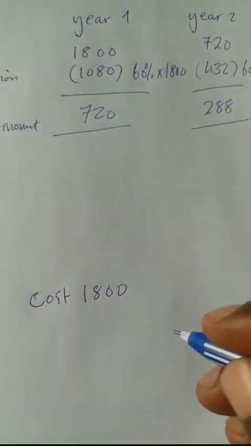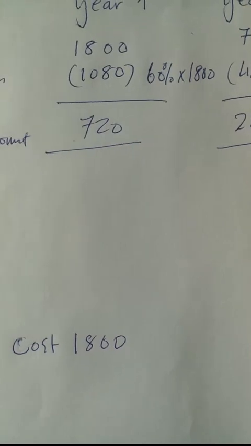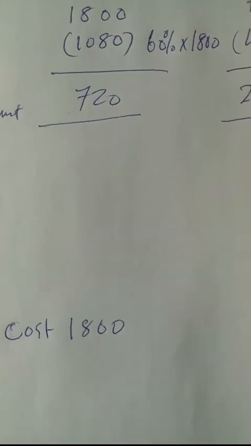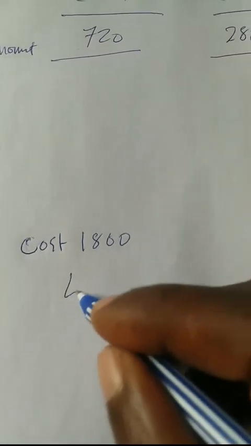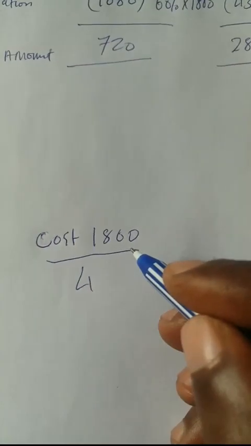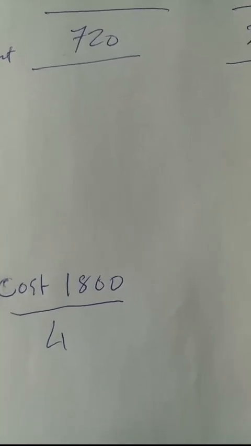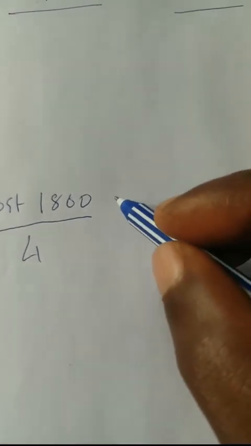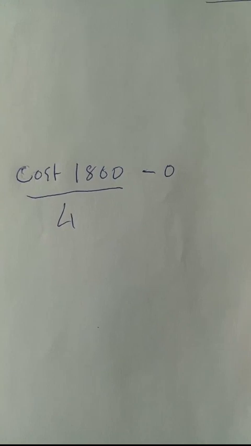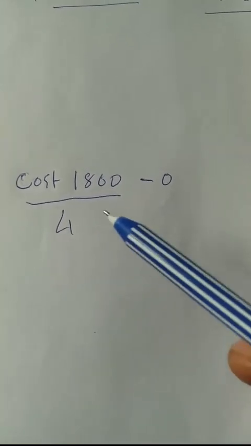1,800 kwacha. Okay, that's a laser printer that a business purchased. The printer has an estimated life of 4 years, after which it will have no residue value. So the residue value is 0. There will be nothing. Okay, so this is the data that I have, and this is the formula for the